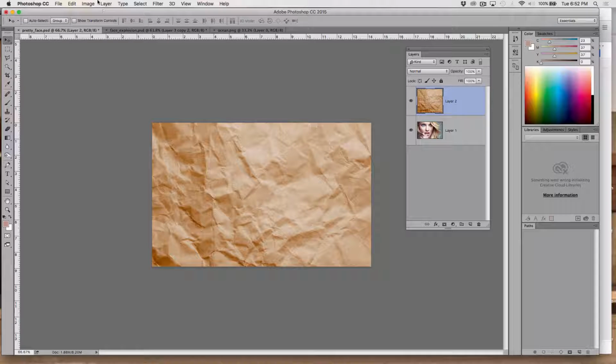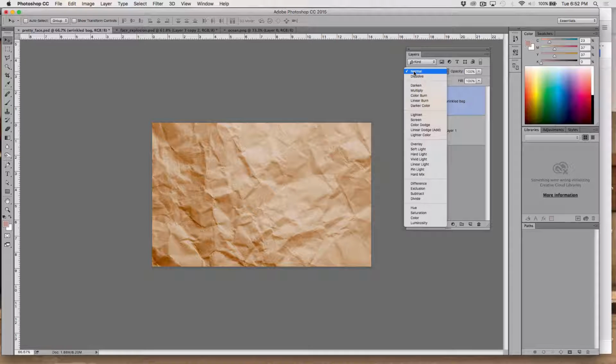So looking at the document I have now, I have layer 1, which has no name, and layer 2, which I'm now going to call wrinkled bag. All right, wrinkled bag. So wrinkled bag is on top of this beautiful woman's face, and when I start blending,